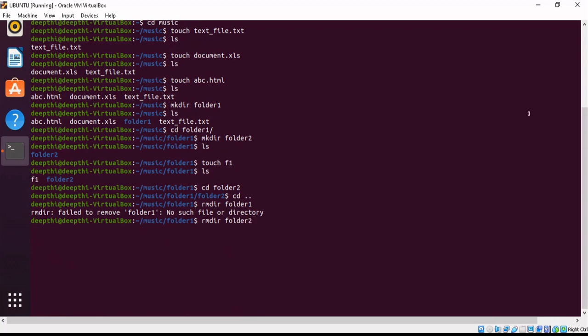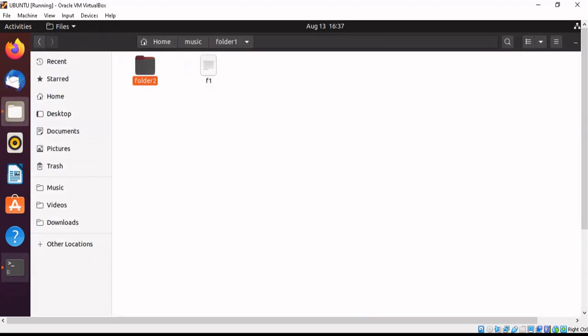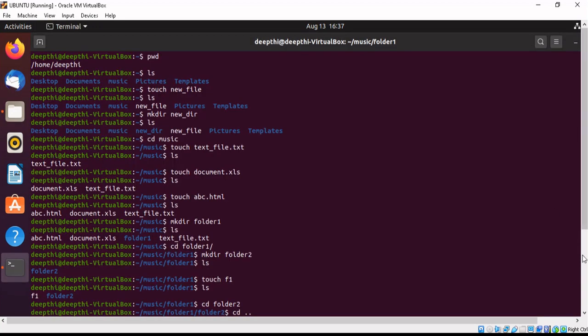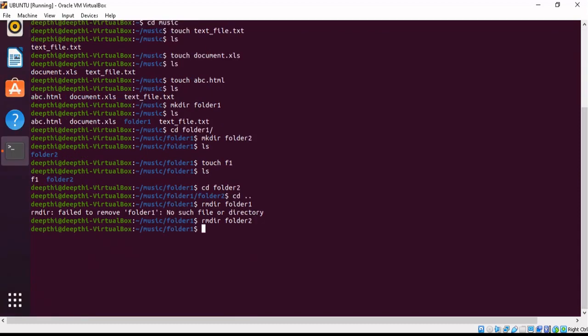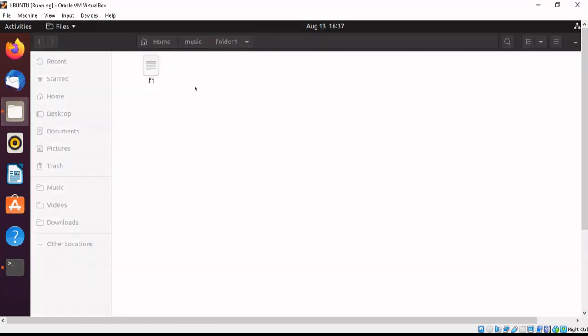That's why I want to delete folder 2, right? I have to delete folder 2 and I have written folder 1. So I will write folder 2 here and I'll see whether it is deleted or not. I press ls and I see now I only have f1. I don't have this. So see, folder 2 has been deleted, right?